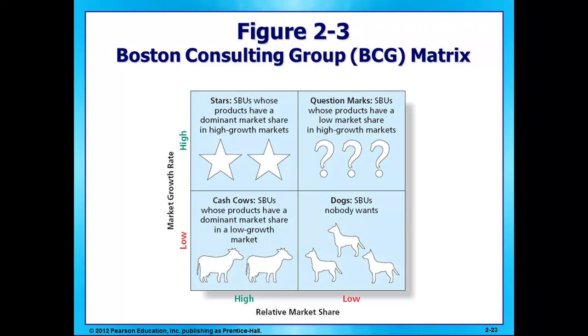And what do we do to unattractive dogs? We euthanize them. So the language of business is that we divest these SBUs. We sell them off to somebody else who might think a small niche business is very attractive. If you think about Lava soap, Lava used to be owned by Procter & Gamble. It was a very small market share soap with a niche for people who had very dirty hands, say mechanics,